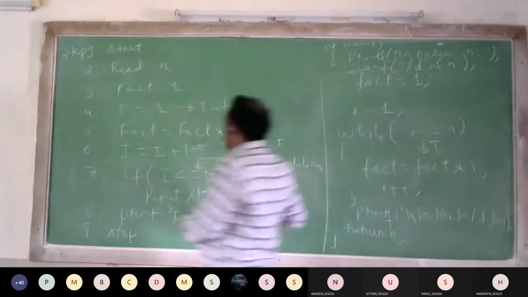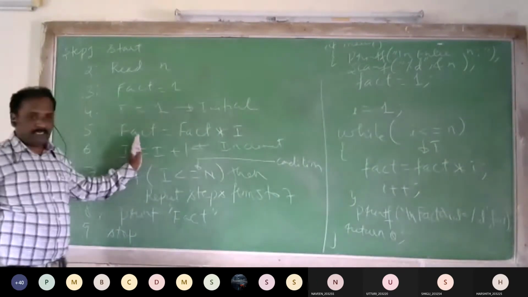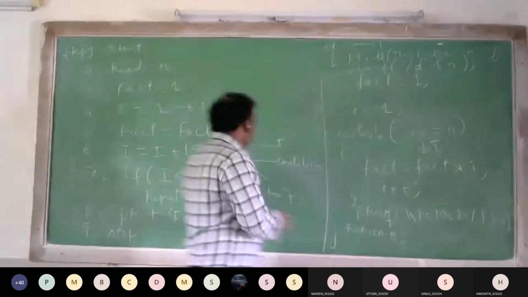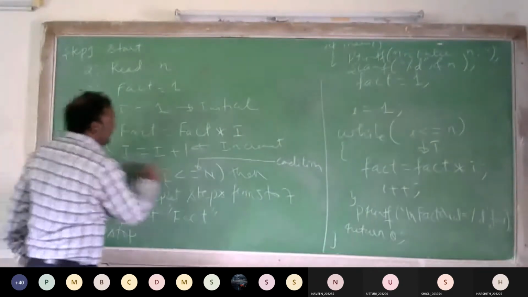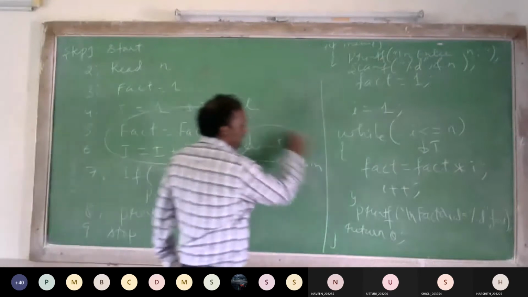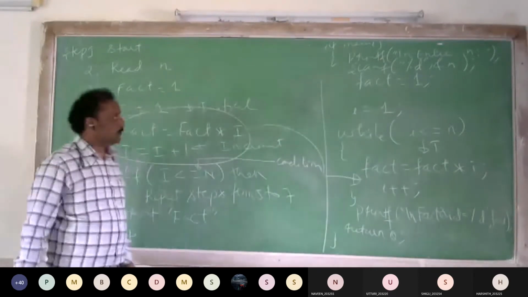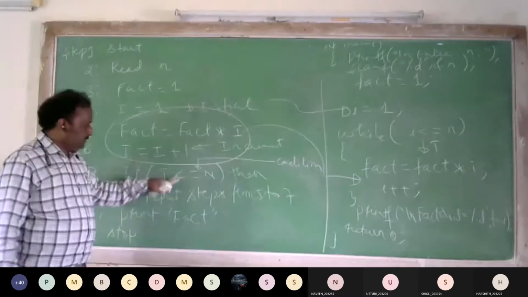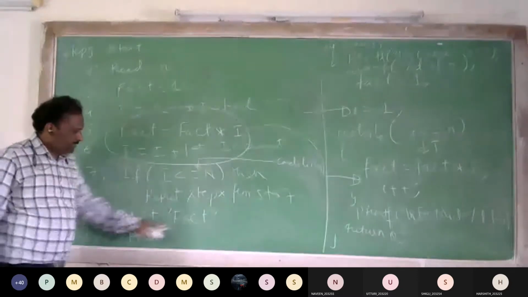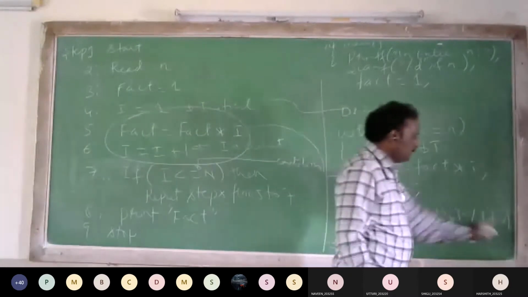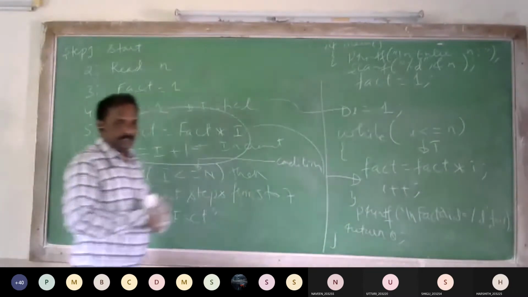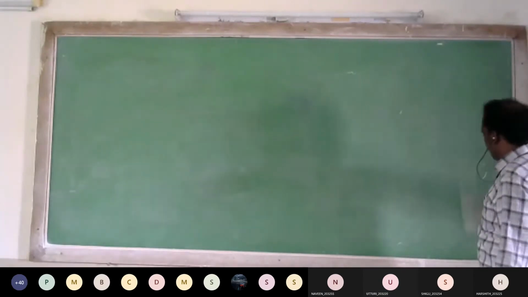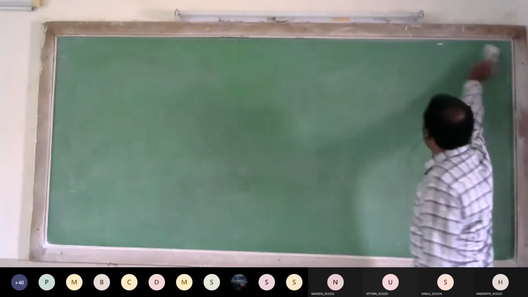Now, you can use a flowchart or algorithm to convert into a C program. Which steps are repeated? You write them inside the block. This is the initialization. After this statement, when the condition is false, print the value of factorial. You tell me any algorithm where the repeat is there, and I will write the program.